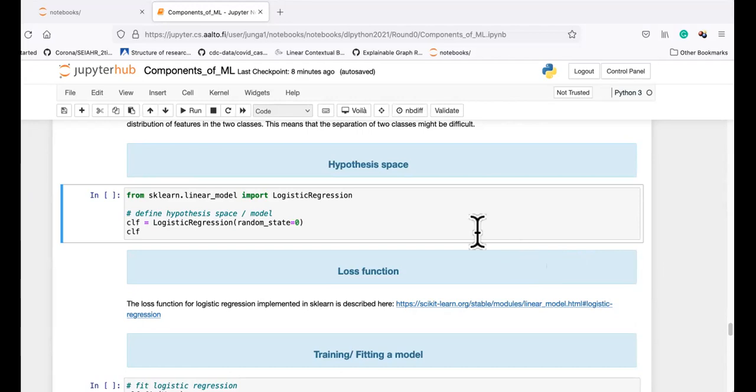Okay, so how do we use models in machine learning or in deep learning? What's the role of models in deep learning? We train them, yes. We train them or we fit them to data.